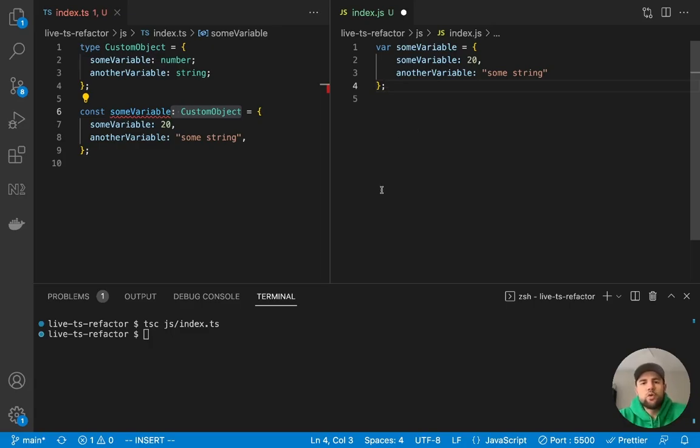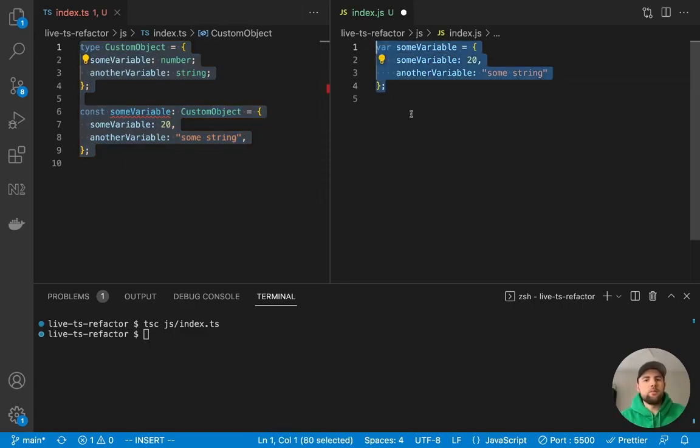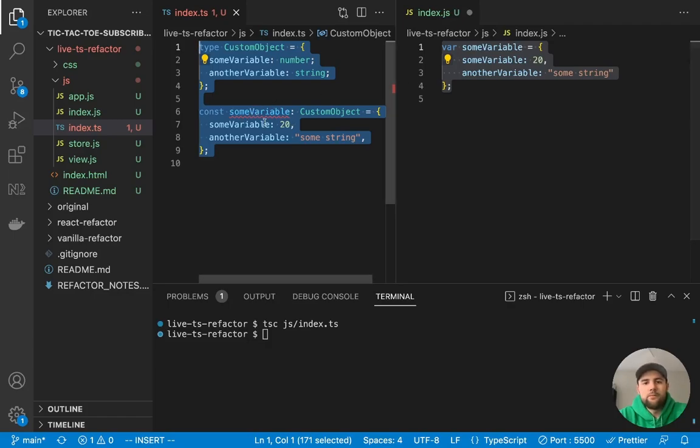So there's really two questions that come out of this. Number one, why would we want to do this? What is the purpose of adding these types? And then number two, how do we get more control over how this compiles to this? Because there's going to be different options that we can use to make that transformation happen. And furthermore, we don't want them going in the same directory, because obviously that screws things up with variable declarations happening twice and so on and so forth. So there's some configuration that we can do to make this better for us.